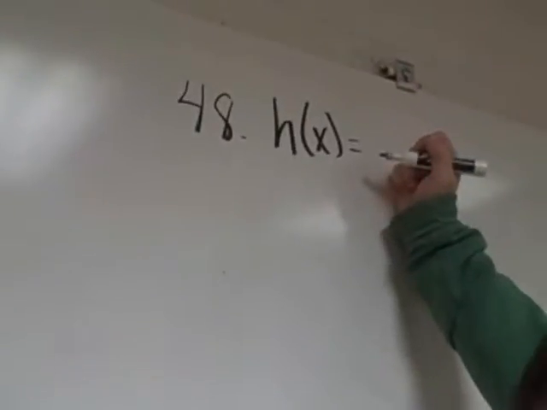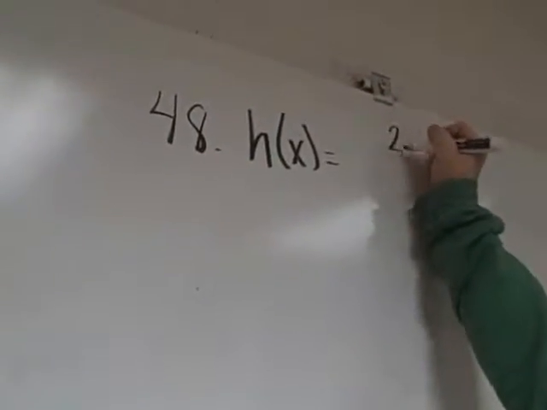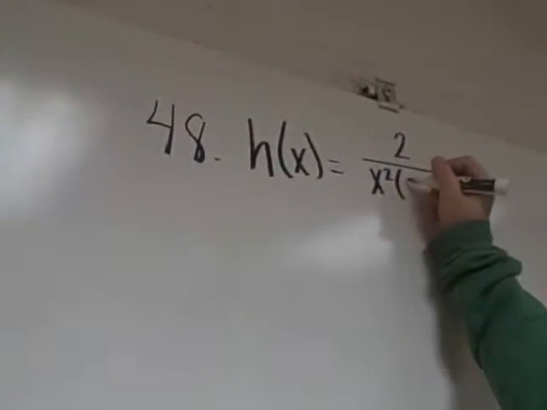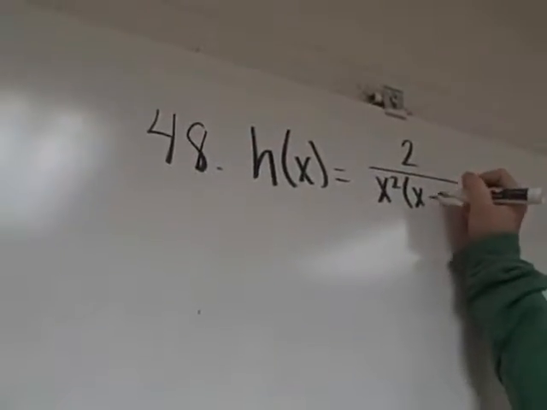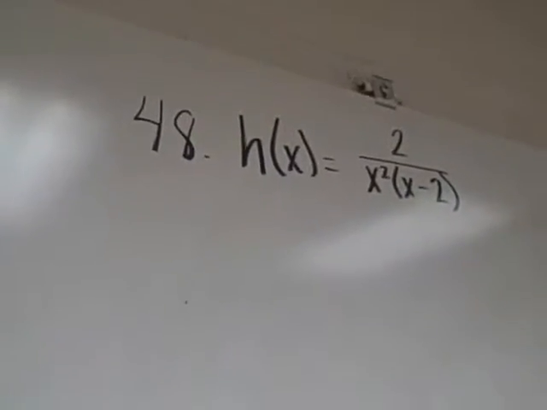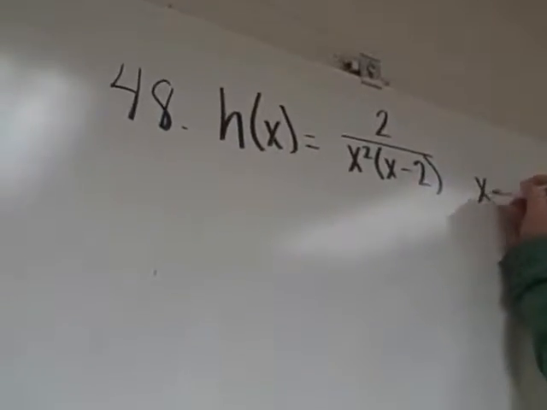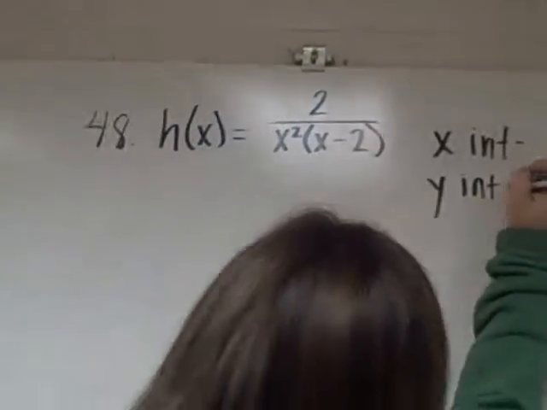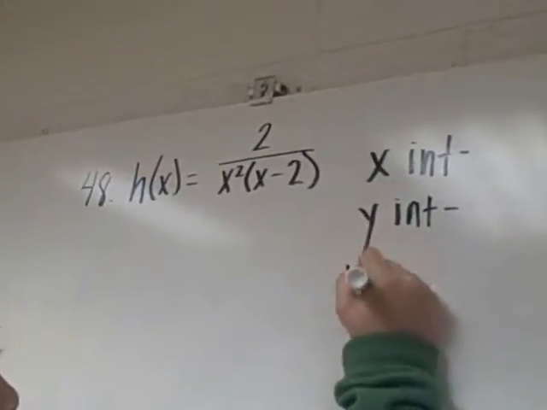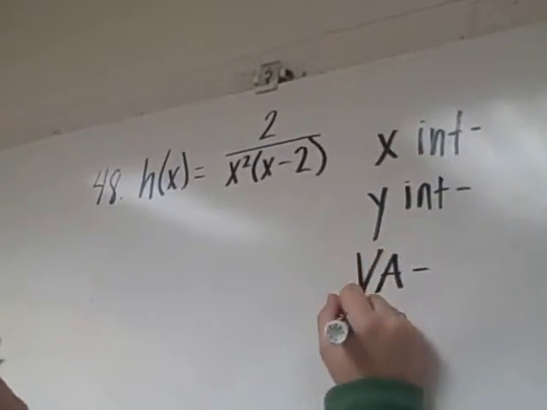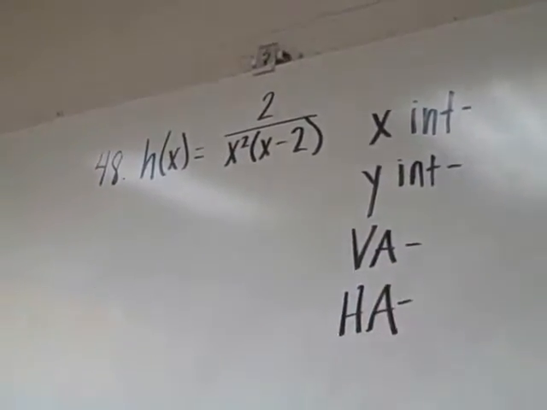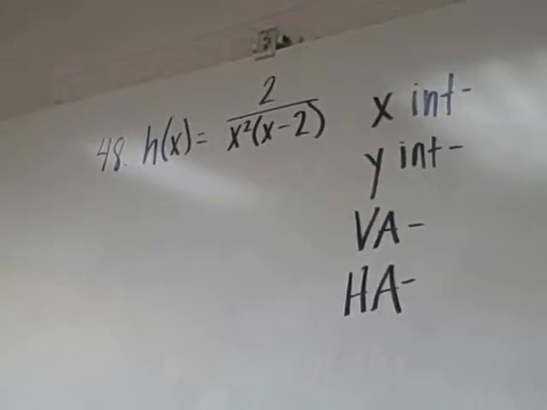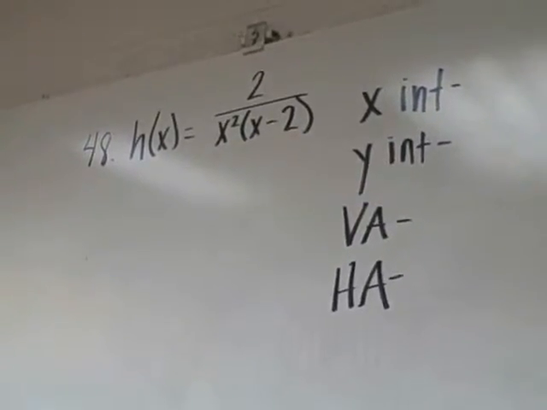Okay, the problem is 2 over x squared times (x minus 2). Okay, so the first thing you want to do is find the x-intercept, the y-intercept, the vertical, and horizontal asymptotes. Okay, and to find the x-intercept, you find out what makes the top 0, but there